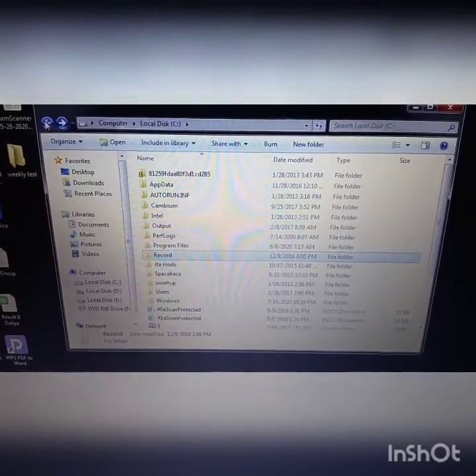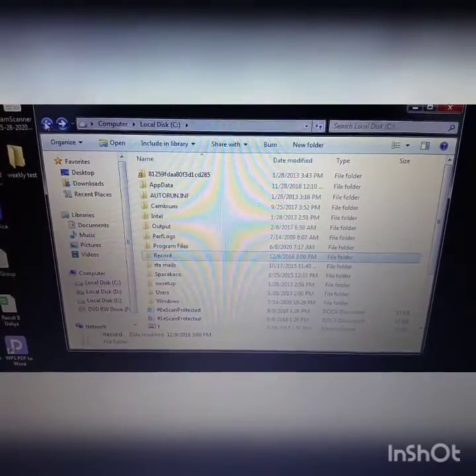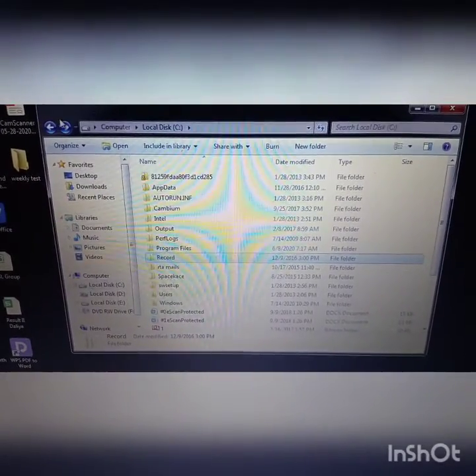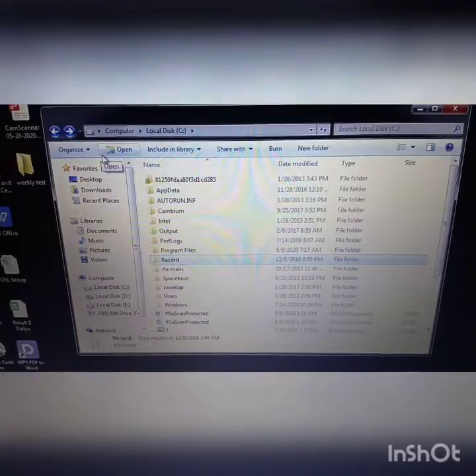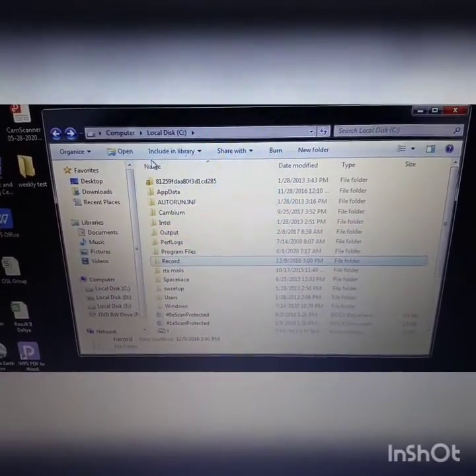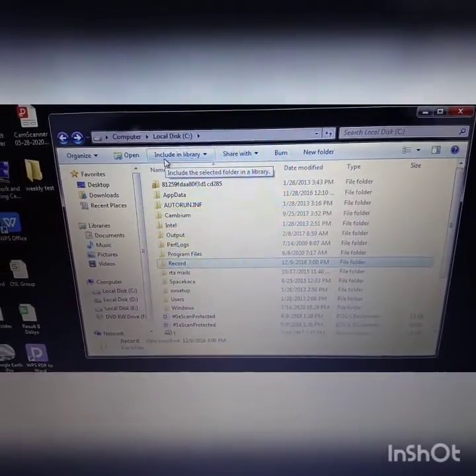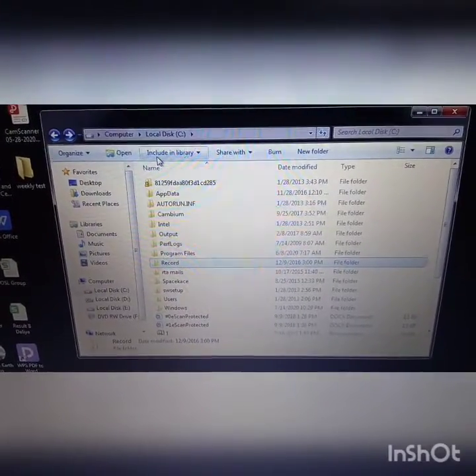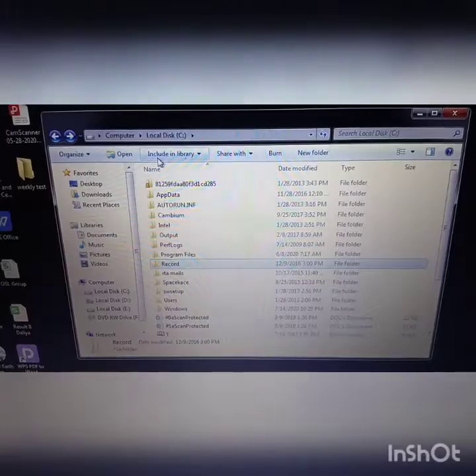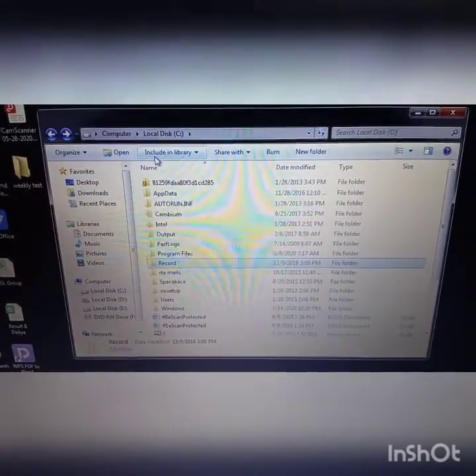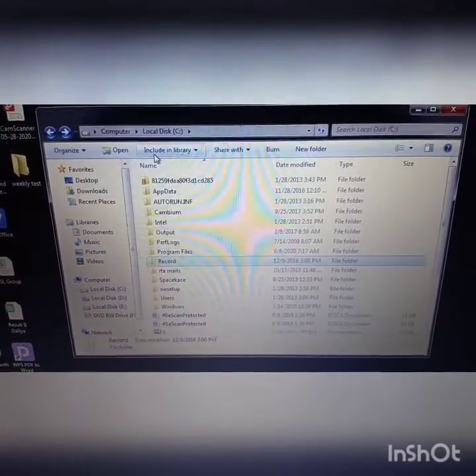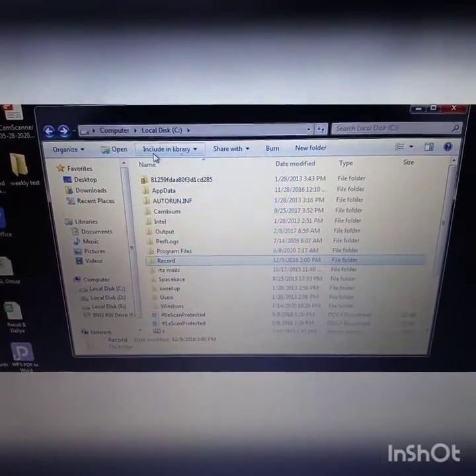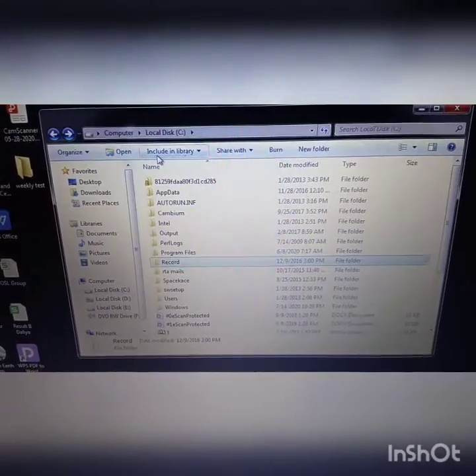Toolbar. The toolbar allows you to perform common tasks. You know where is the toolbar? This is the toolbar. What is the use of the toolbar? The toolbar allows you to perform common tasks such as copying, deleting, and renaming a file or folder. Organize and view buttons are always visible on a toolbar.